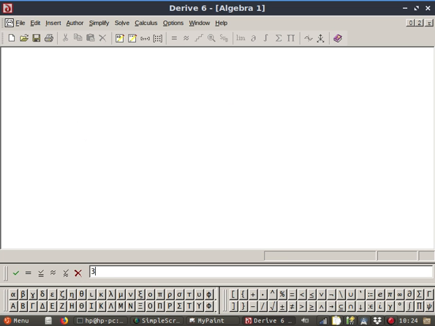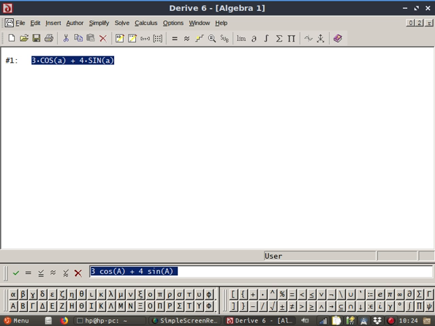Okay, 3 cos A plus 4 sine A. Actually, you know what? I won't write A. I'll write X to look a little nicer. Okay. Right. I want to simplify this. So here's my trick. I'll take out a 5, and then I'll say this is 3 over 5 cos x plus 4 over 5